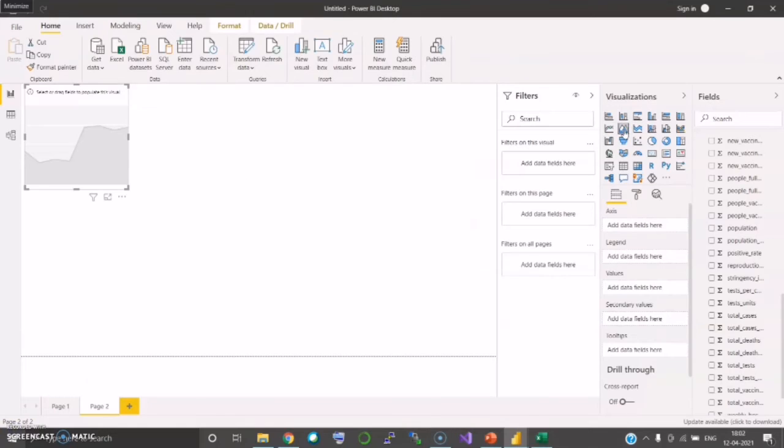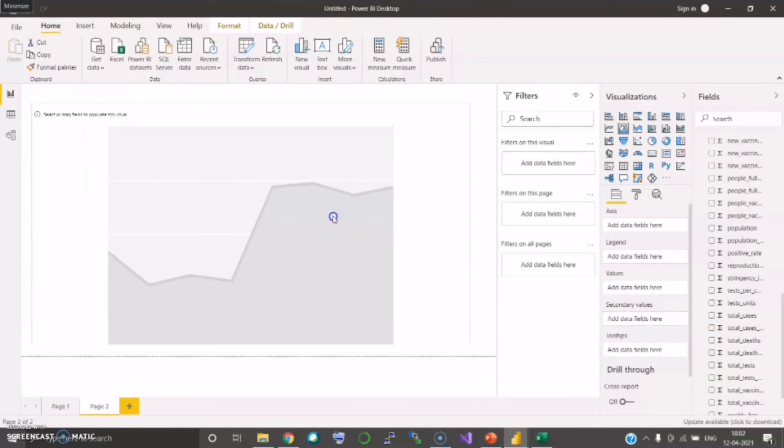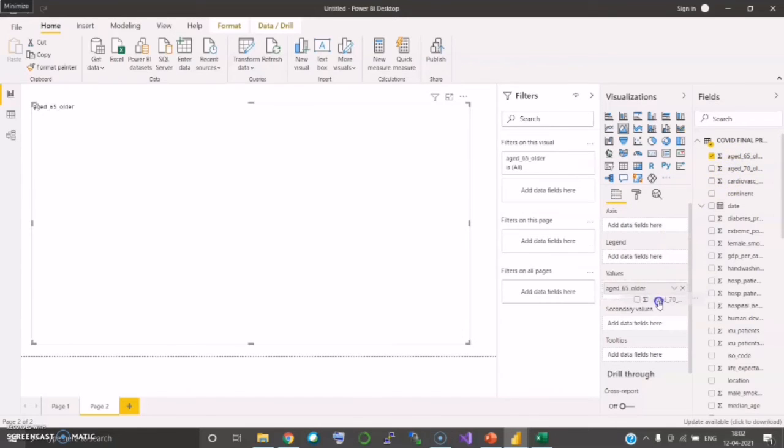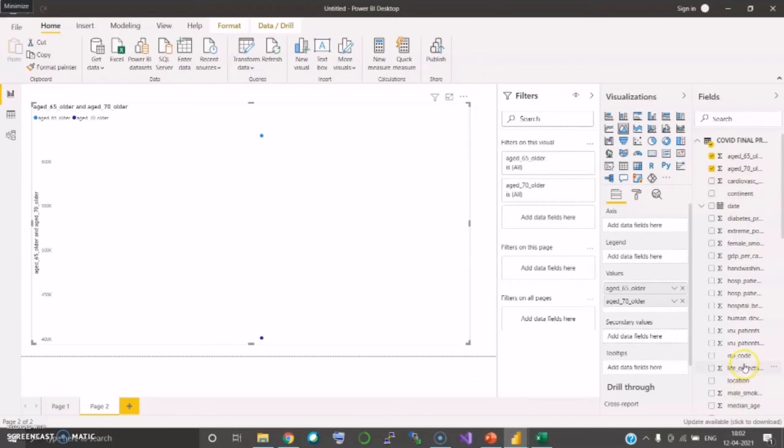And the next chart I'm going to use is an area chart. In this chart, what I'm going to show is aged people 65 and older and 70 and older. I'm adding them in the values field. In the axis, I'm going to give location.